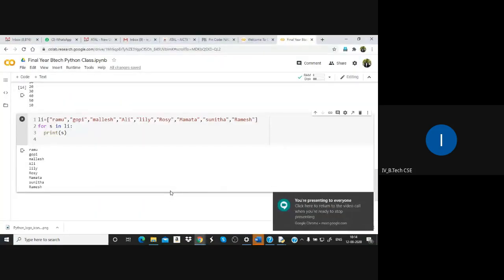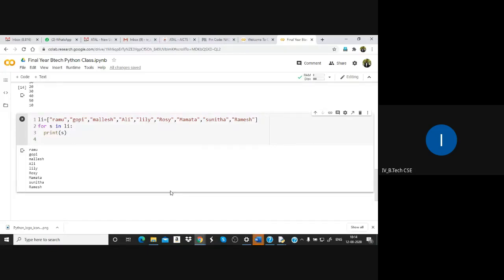Now, the list data type is a sequence in Python. It can accept heterogeneous elements. We can also use it for putting homogeneous elements. We can traverse the list using for loop. For loop is a loop which will repeat the same statements for n number of times. So for S in is the operator in Python. Next, very much important.